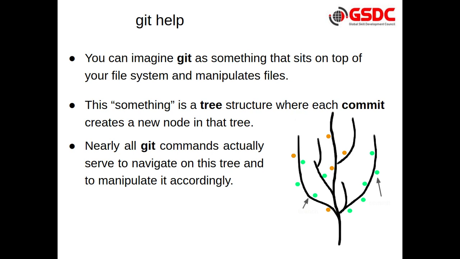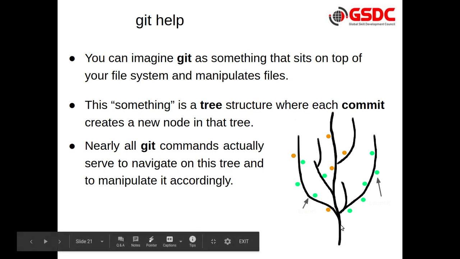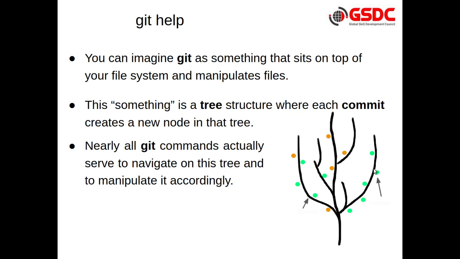Okay, so if you see the image at the right bottom side, usually your project looks like this, right? You have one main branch, and out of that main branch, every developer who is working on some feature can create their own branch and start working on it. This way we can have multiple branches. The green dot is nothing but people working on that branch at different stages. So this is something like a tree, and this is how we can maintain multiple clones or multiple copies of your project.